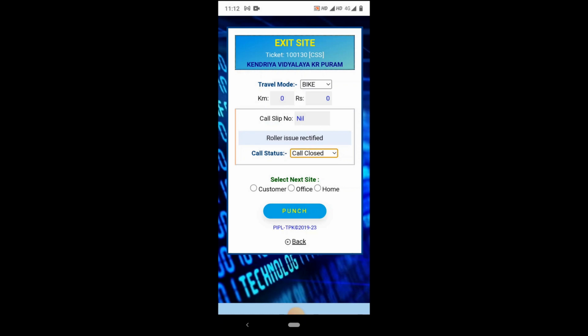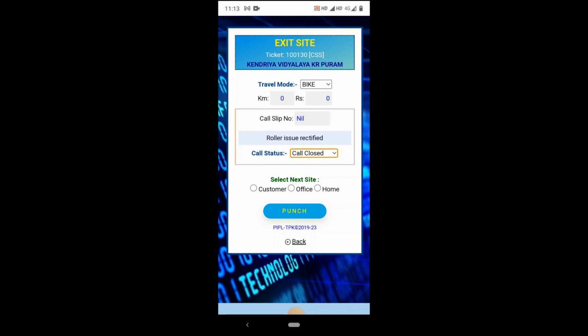But don't worry, even if you select home and punch, if later you attend another call, the system will erase that attendance exit. The next time you click on home, your attendance exit will be marked again.